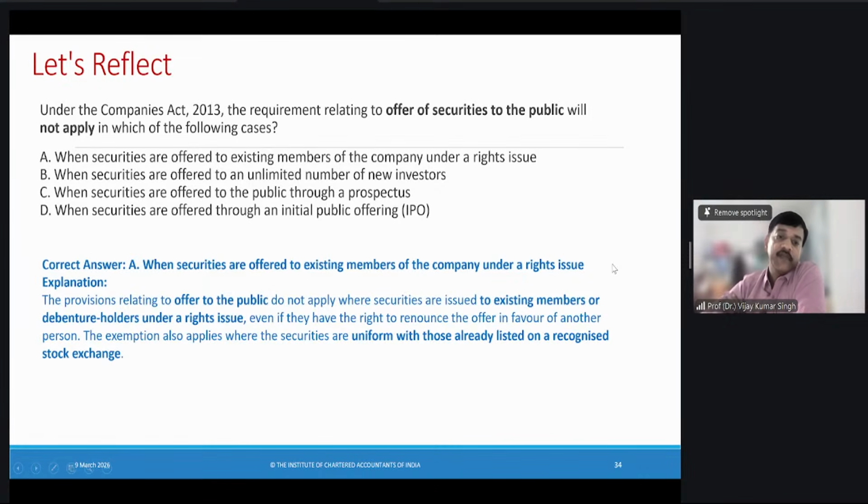Answer is A, when securities are offered to existing members of a company under a rights issue. So you can see here, the provisions relating to the offer to the public do not apply when securities are issued to the existing members or debenture holders under a rights issue, even if they have the right to renounce the offer in favor of another person. The exemption also applies where the securities are uniform with those already listed on a recognized stock exchange. Okay, so this is about the